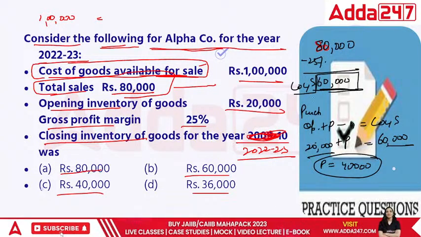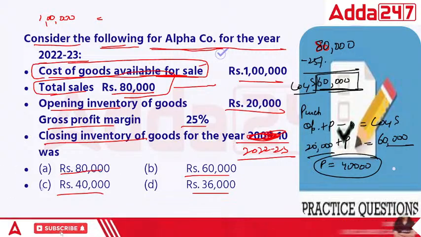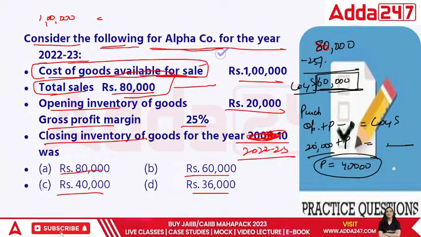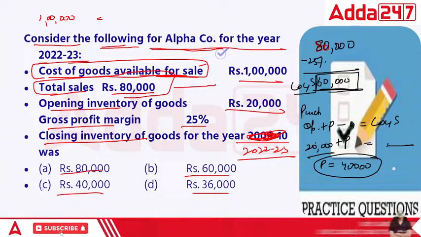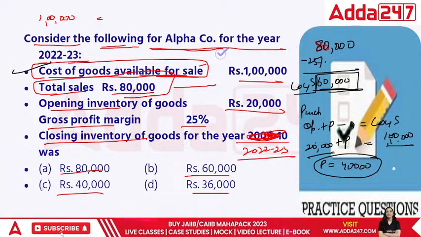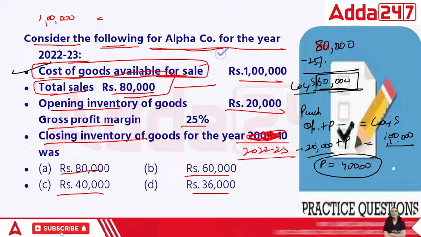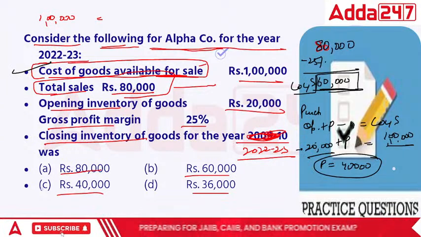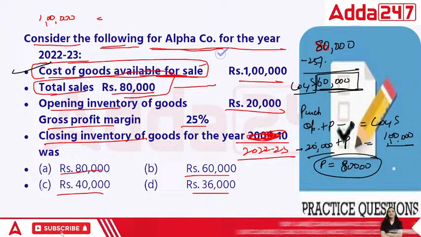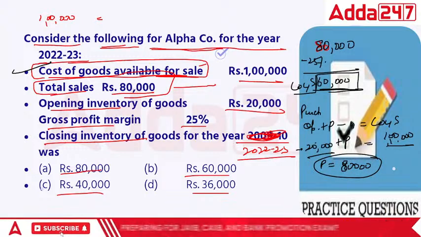Oh, in this case, I have to take up 1 lakh. The goods that are available for sale is 1 lakh. If I have already purchased goods worth rupees 1 lakh, these are the goods that are total available for sale, while among them the opening stock was 20,000, right? That means during the year I have purchased 80,000, and the ones that I have sold is, out of that,